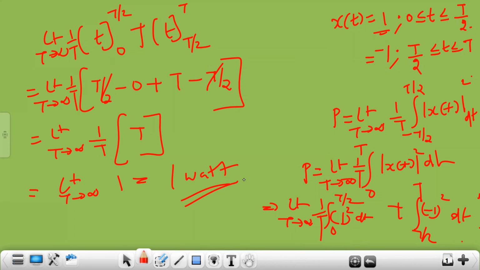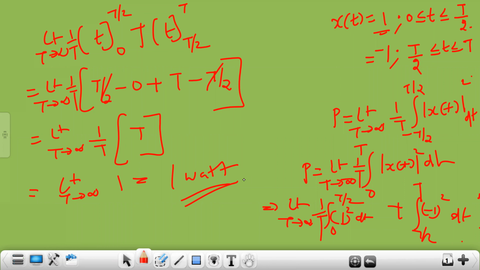So I'll explain this problem. Whenever you are given a particular figure or graph, you need to interpret that figure mathematically into some equation format like this. Accordingly, you have to take the limit. Then you try to integrate and cancel with t, and then you apply the upper limit and then the lower limit, and finally you have to apply the limit t tends to infinity.